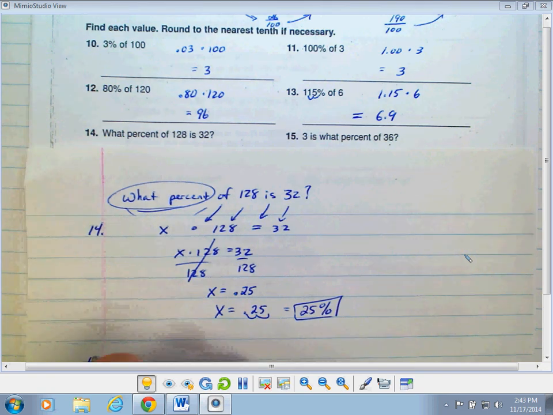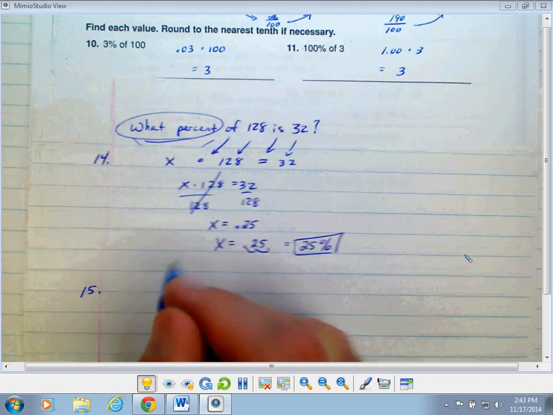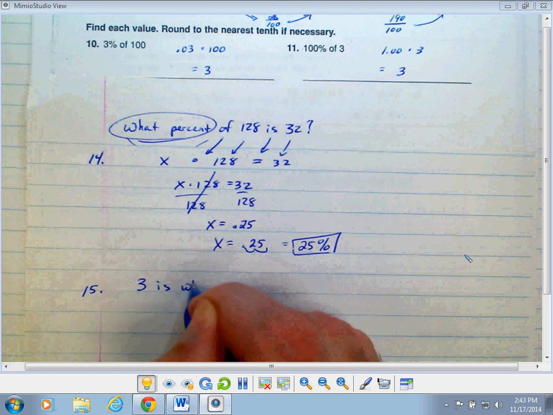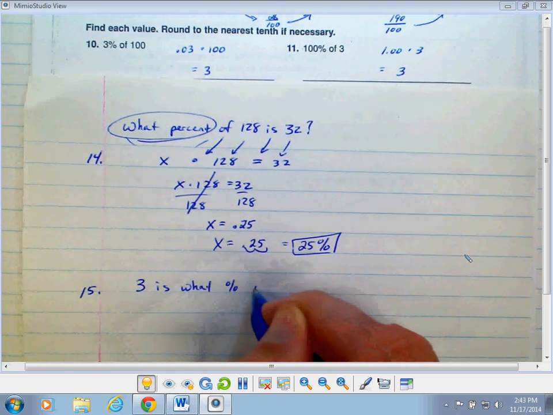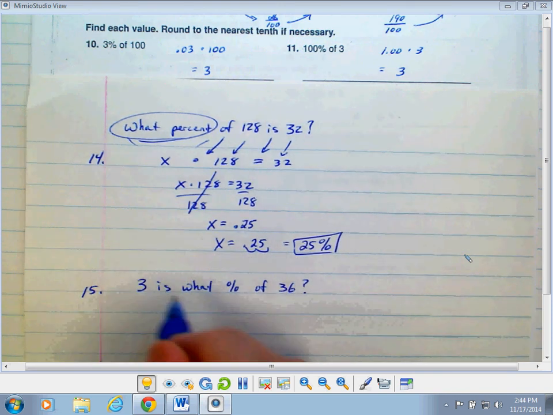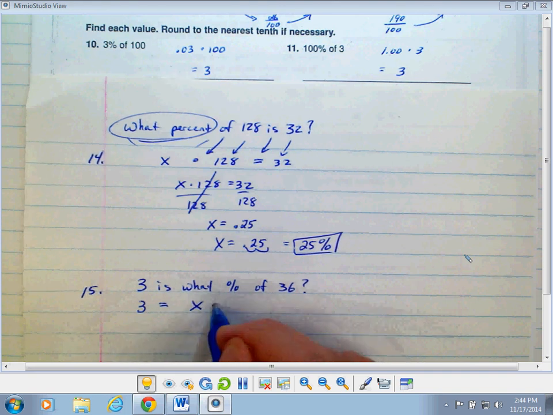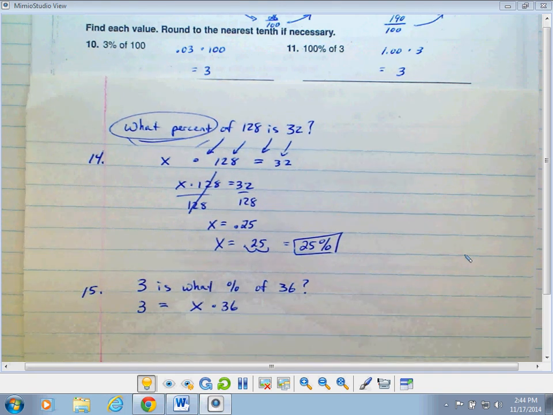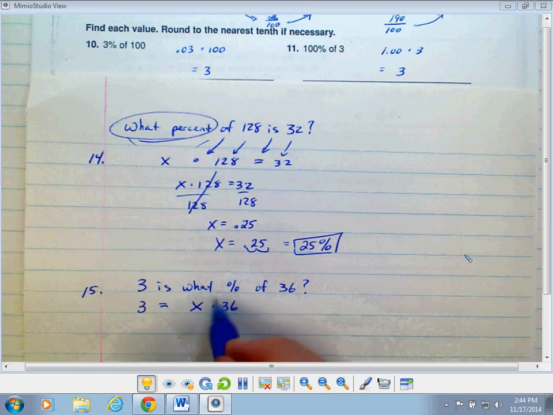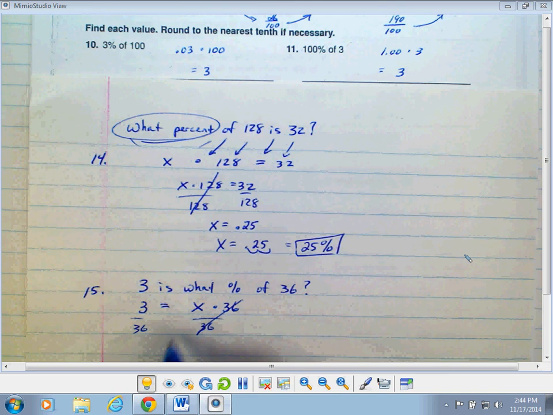Number 15, same concept. Number 15 says 3 is what percent of 36? So keeping with the pattern that we started with, 3 equals x times 36. And again, 36 is what I'm going to divide by. So when I take x, 3 divided by 36,